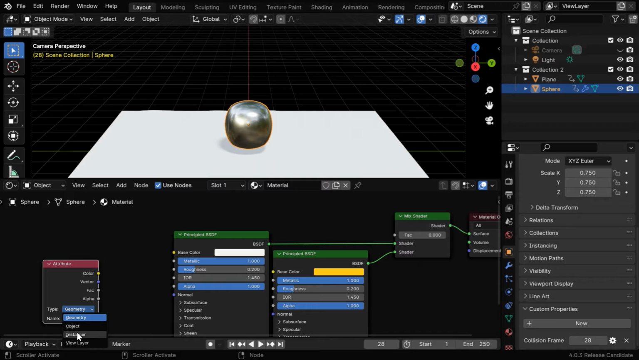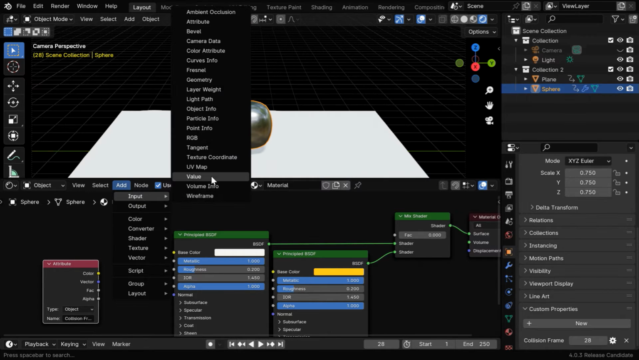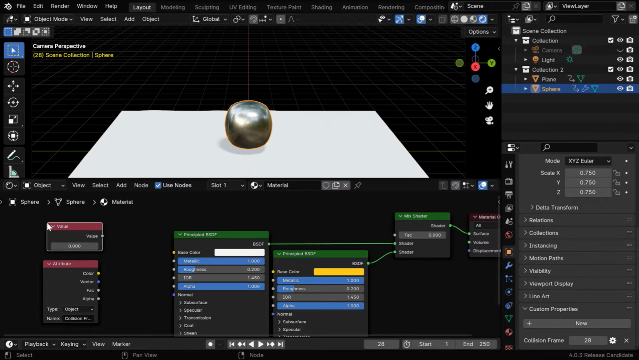Also, we need to change this type field to object, because this new property has been added at the object level. Now we'll compare this with the current frame number, so we need another node here from the Input Group. Let's add a value node, and we need to use a simple driver for this node, so enter #frame, and hit enter. This will give us the current frame number and we'll compare it with the collision frame,